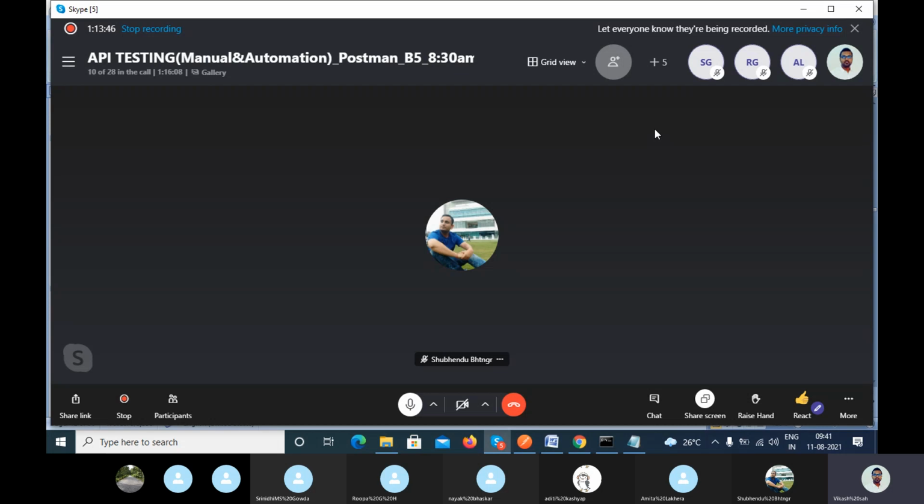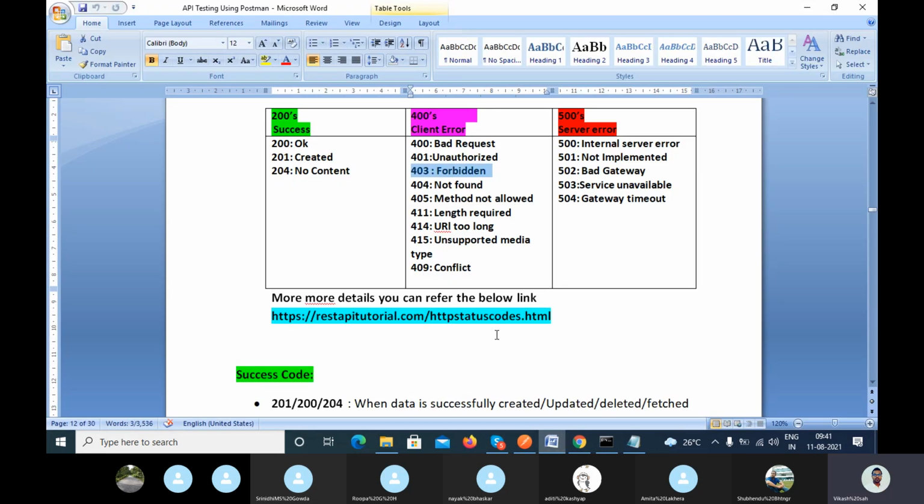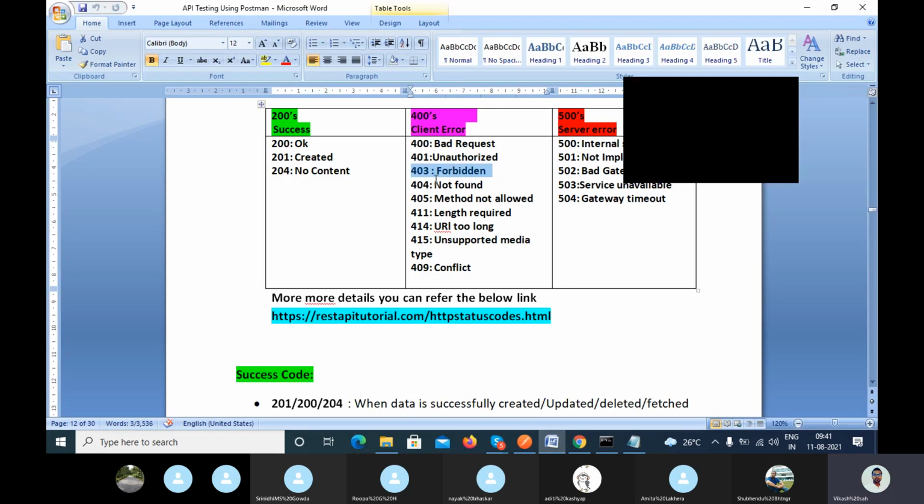Any user can delete the data, any user can update the data if the action is done successfully. That's why this is a critical bug which you have to immediately raise with the client and developer, and which has to be fixed immediately. Okay, so that is all about Forbidden.